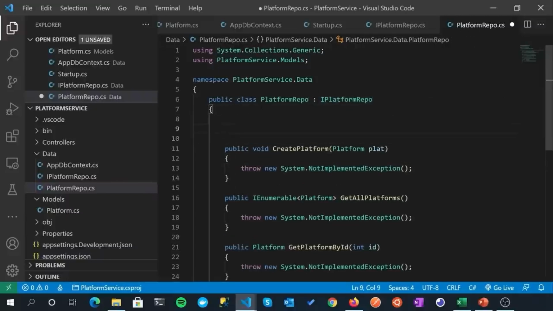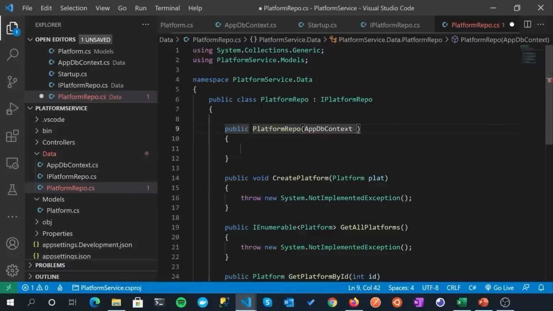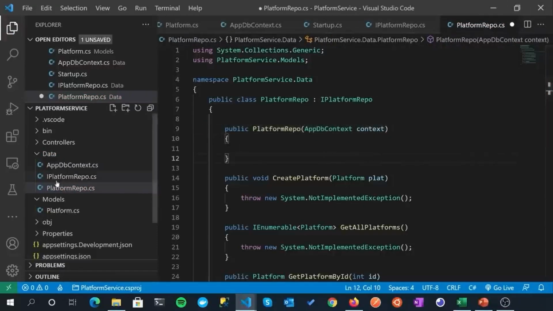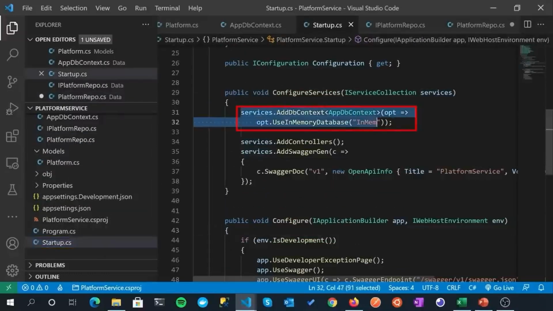All right, now before we come on to doing that though, we want to actually create a class constructor, and this is our first proper use of seeing how dependency injection works. So again, ctor to create a shell constructor, and what it's going to expect to be injected in is an instance of AppDbContext. And we'll just call that context. So whenever we use platform repo via our interface, when it gets constructed, it's going to expect an AppDbContext to get passed in. And because we have registered our AppDbContext here in our ConfigureServices method, that will occur.